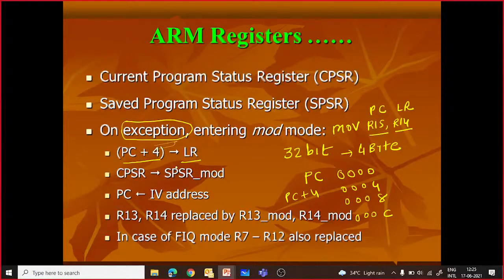So whenever you are entering from normal mode to exception mode, the first job is that PC plus 4 will be stored in the link register. CPSR will be saved into SPSR_mode. Underscore mode means if your FIQ mode occurs, then SPSR_FIQ. So in this register the CPSR will be saved. Then PC will be loaded with an interrupt vector address. Whatever exception is occurring has a fixed address given to it, and that address will be